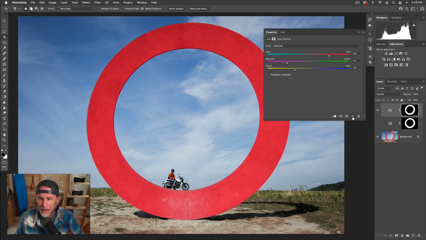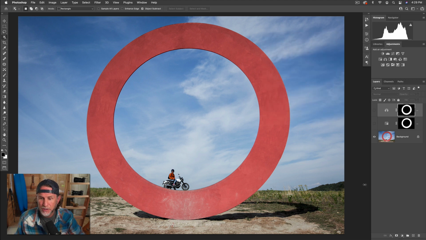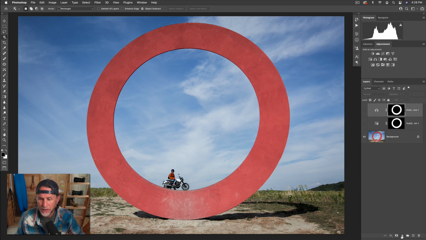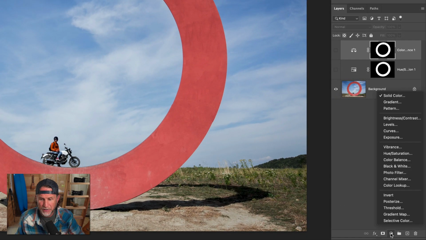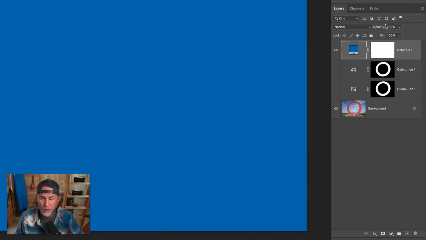And what I mean by that is this. Let me just turn off the visibility of this layer for a moment. We're going to use an adjustment which is called solid color. Now you can find solid color down here if you click on the adjustment layer icon at the base of the layers panel. It's located right there. If I click on solid color, one of the things we'll notice is that it opens up our color picker and we can choose a color, click OK, and that comes, like all adjustment layers, with a pre-built mask,